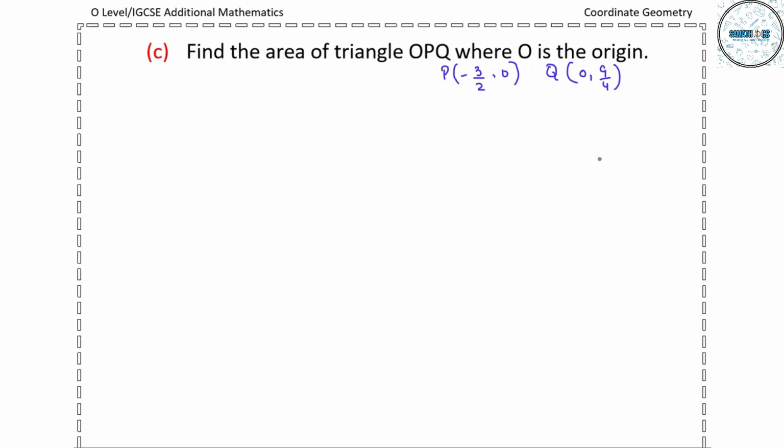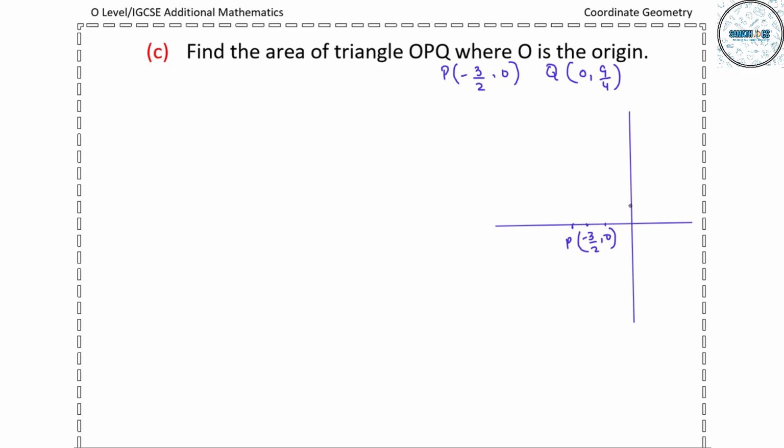If we draw this on a grid, then we will be getting a triangle. If we have here -1, -2 here, then this is -3 upon 2. So this point is -3 upon 2 comma 0, which is P, and Q is 0 comma 9 upon 4,